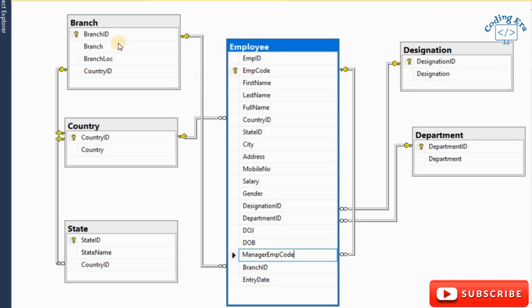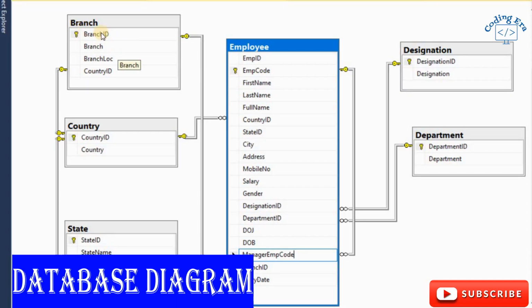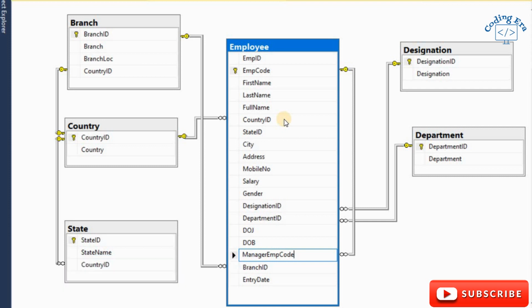Okay, so this is the table diagram, the table structure of my database, with which I am going to show you how to write complex query. I will write query using all these tables like branch, country, state, employee, designation, department.